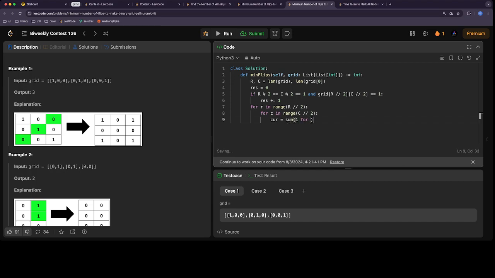So we have a row. The row has to be either R or R minus 1 minus R. And the column is going to be either C or C minus 1 minus C, right? So these are our 4, and we want to add the value there,